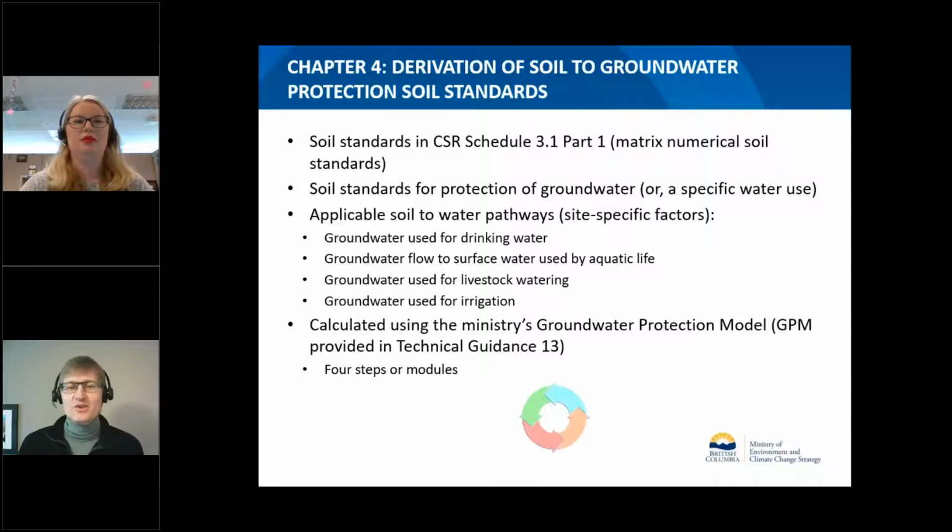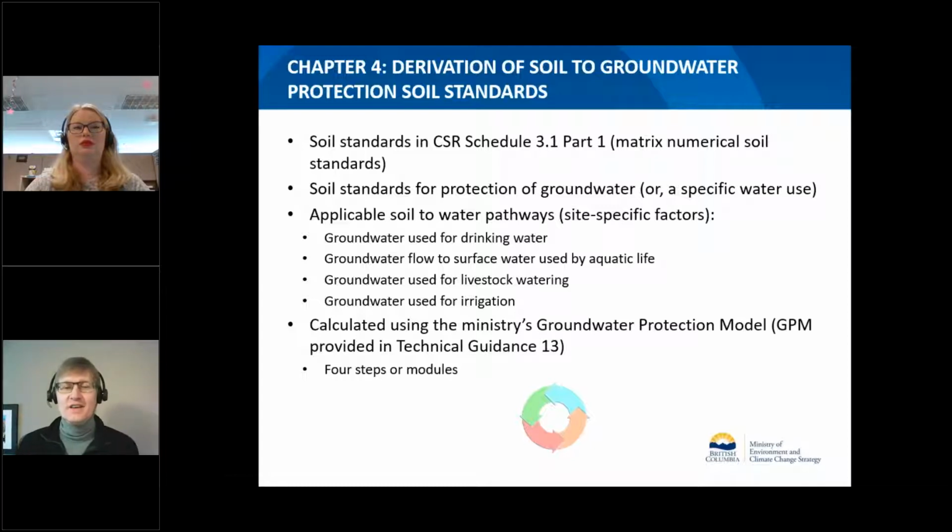The saturated zone concentration below the source is then calculated using a 10-meter transport distance from the receptor. And step 2, the saturated zone concentration is then mixed in groundwater to produce a concentration above the water table. Step 3, the water table concentration is then transported through the unsaturated zone to produce a leachate concentration in the